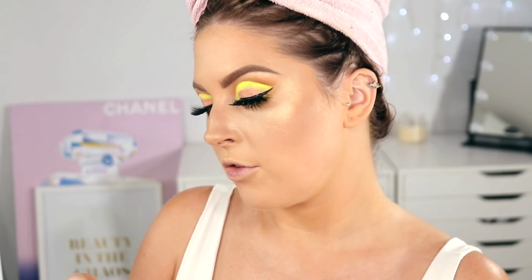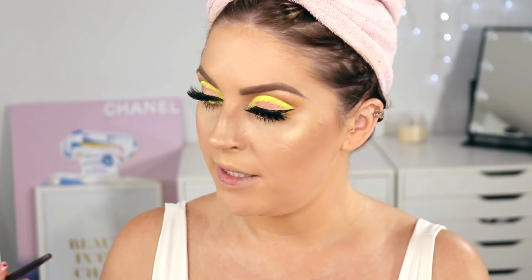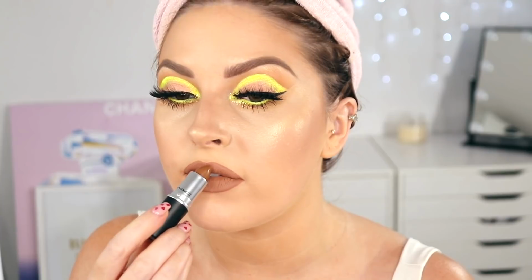Now for the lips, I just want to keep it very simple. I might do a mustardy kind of nude shade. I've got this Kinkster. It's like a brown. Should we give it a go? I'm going to start with Jouer Fawn lip pencil and then following up with MAC Kinkster. It's a matte lipstick and I love the color. It's actually in real life a little bit less orange than what you're seeing. It's more of a taupe kind of undertone almost. It's still warm, but...